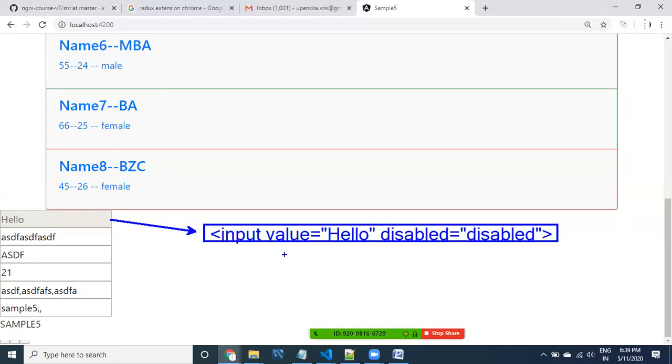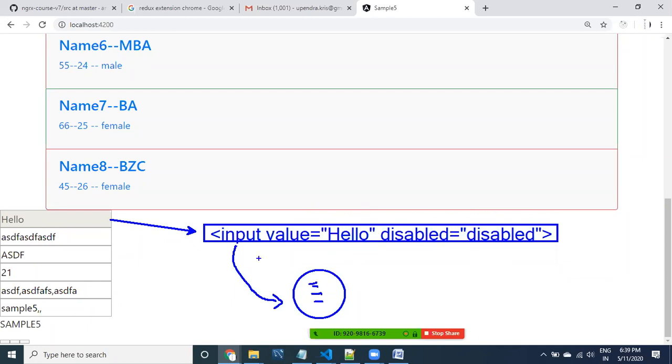This HTML tag is going to be converted into a DOM object, right? For this it is going to create one object. For input, one object will be there. Whatever values you have provided will be available. Whatever values and attributes you have provided will be placed into one object.